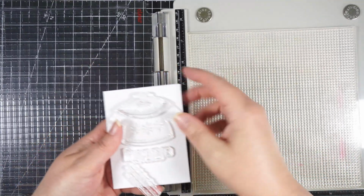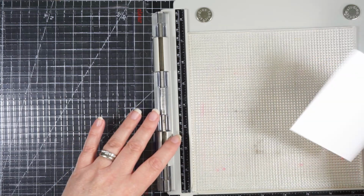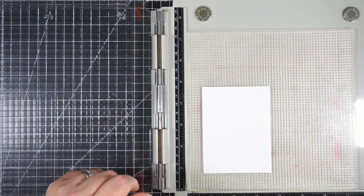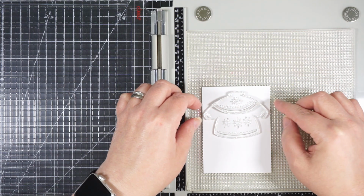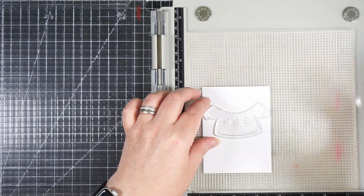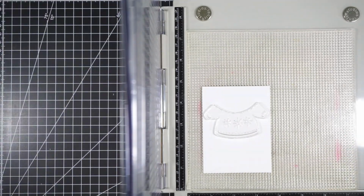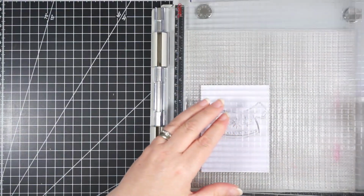So I am going to grab, first of all, my paper. I'm just going to pop this on here, anywhere on there, and it just holds it. Then I think I decided that I wanted this. This is in 2 bits. I think I decided that this one needed to be the, was it this colour? No, artichoke. Do I want to do that one? No, let's do this one. So I've just lined it up on there, just picking it up with my